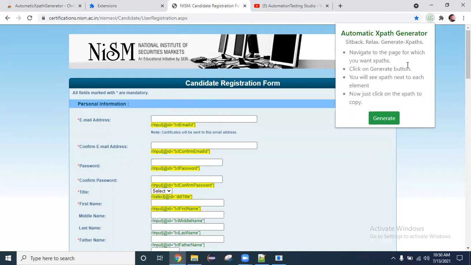The main strategy which I have used here is that all of these XPaths are only relative XPaths, and you'll get them based on the priority order. Like if the element has an ID attribute, first it will take the ID, or else if it doesn't have ID, it will take name and so on, other attributes. At last, if it doesn't have anything, it will have only class, and it will take that class attribute. So in this way, you can use it, and then you can give the feedback on this.